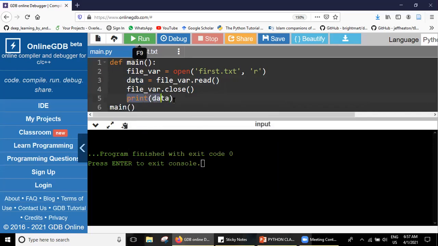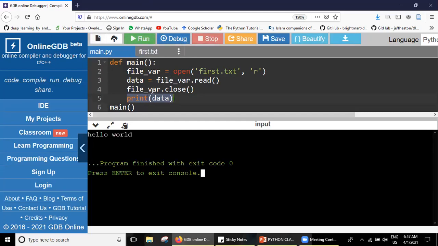We forgot how we can operate the console. It's the usual way of programming that we always do: print the data. Whatever is there in the file, we can print it. See, we got it, because I want the content that's stored in this data to be printed here.